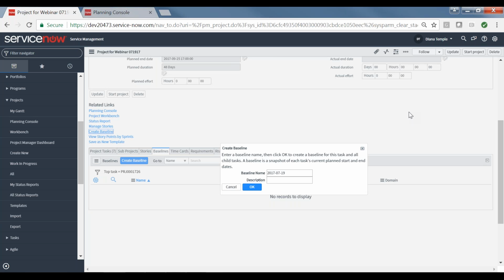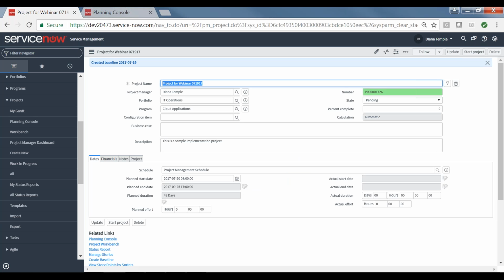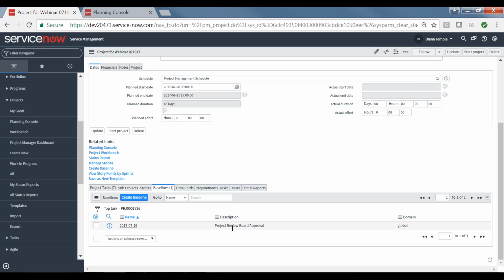So I will create a new baseline here. We will call it Project Review Board Approval. So team members with the IT project manager role are able to baseline projects, and nested projects cannot have baselines. Baselines are only allowed for top-level projects. So now that we have created a baseline, you'll see that newly created baseline down here in our related list,